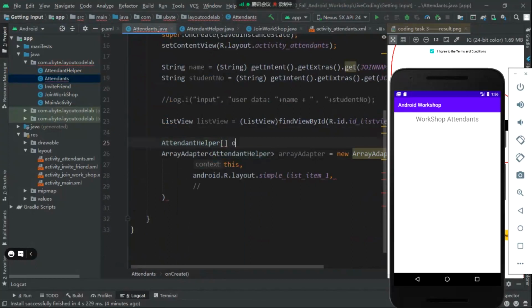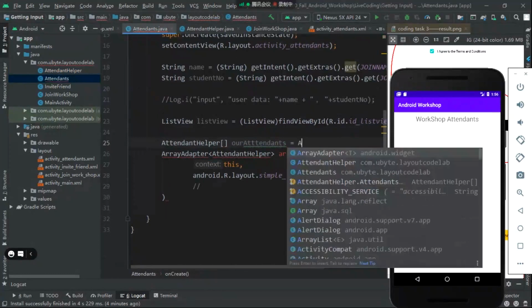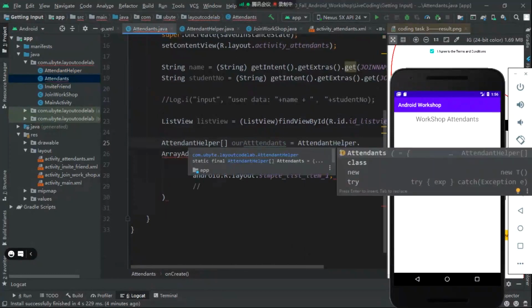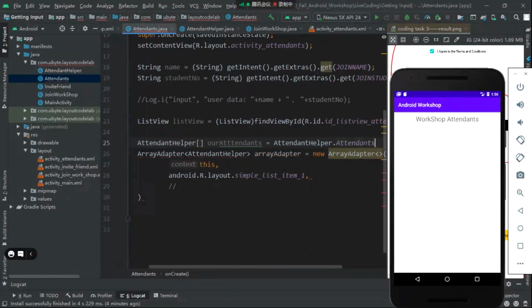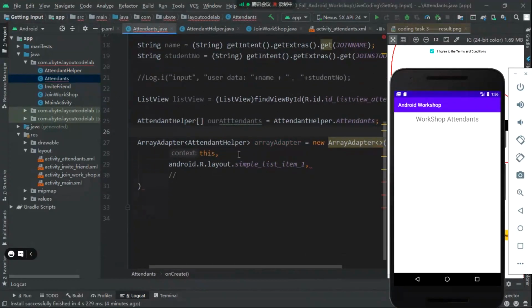Say our attendance equals attendant helper dot attendance. So we have that one over there, and we can pass this one directly to down here. However, in order to be able to add the data that has been passed to us here, what